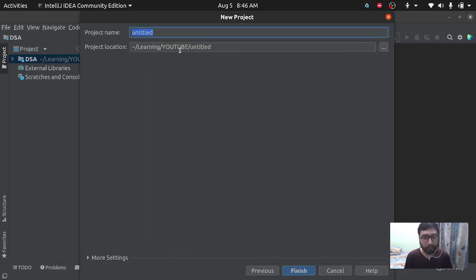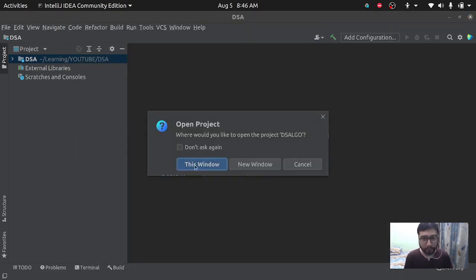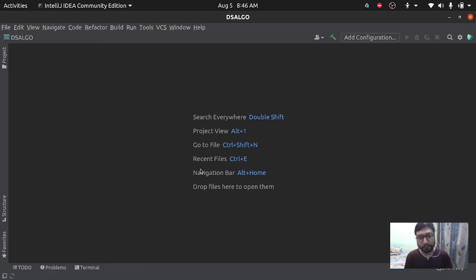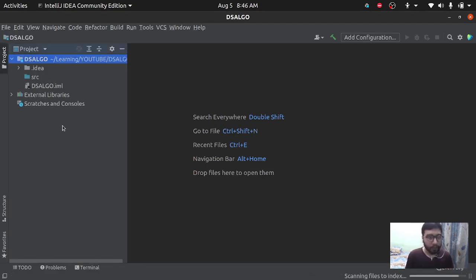After that we need to provide a project name, which will be DSAlgo, and we'll be putting it inside the YouTube folder. Now next, and I'll open this in a new window. It got opened, it's doing indexing, and it's done.